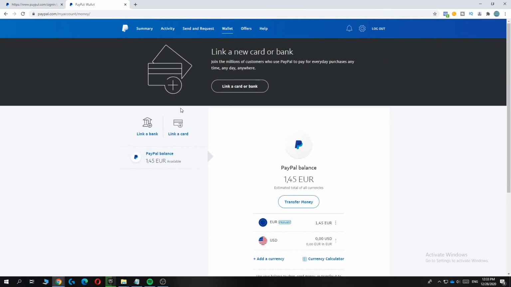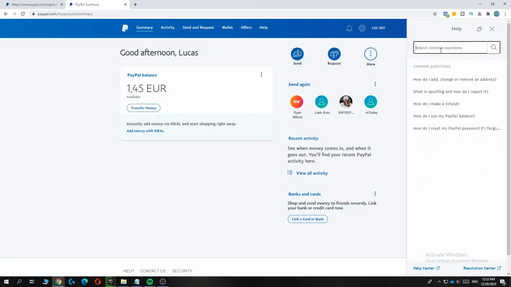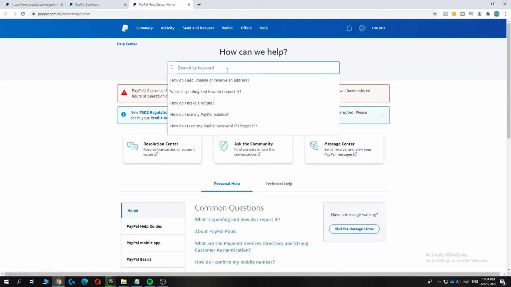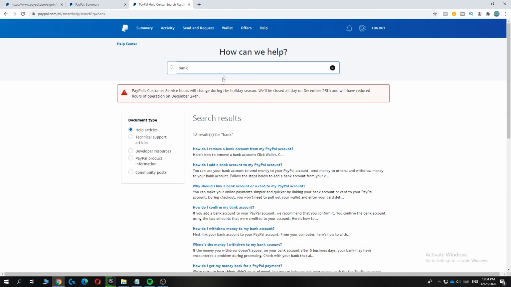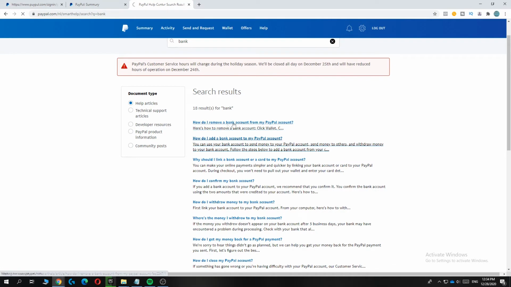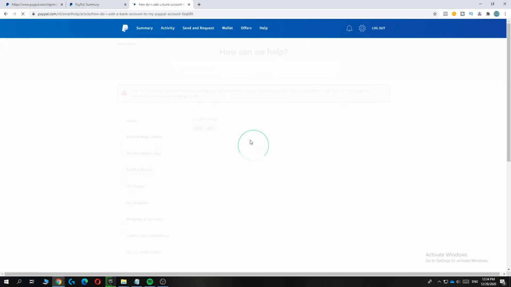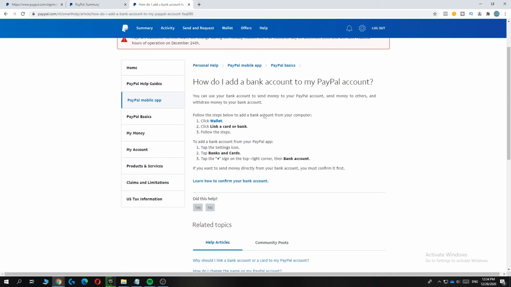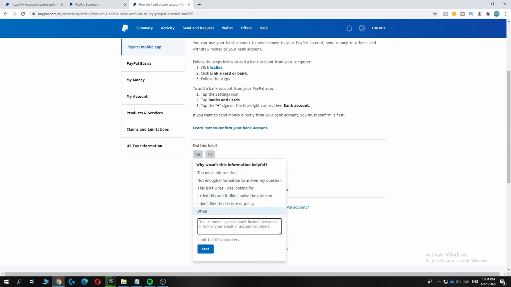But if this also didn't work, there is a third solution: go to Help, and then this comes up. From here you want to go to the Help Center over here, and then type in "bank" like this. Now I go to "How do I add a bank account to my PayPal account." You don't have to read this, you can just hit No, and then you can type "other," and here you can type in I have a problem